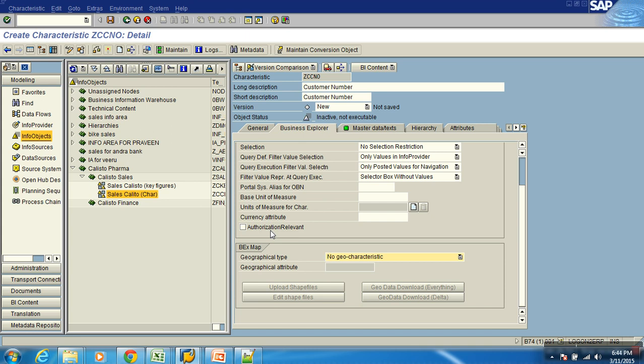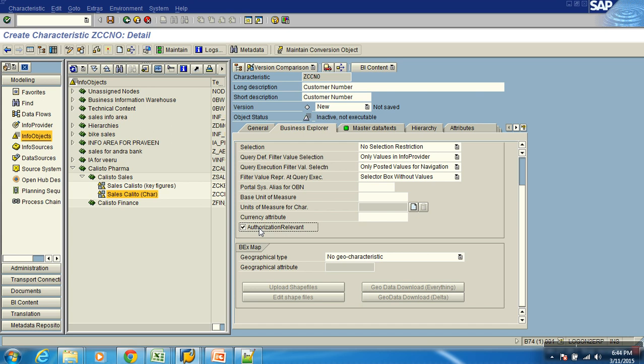For that we have a concept called authorizations, with variables of the authorization processing type. When you run the query, you'll have a prompt or variable which takes in the value automatically based on the authorizations of the user. So if you want the InfoObject to take in values from authorizations, you should enable it as authorization relevant. Then you can start providing security based on the values of this InfoObject. For plant, I'll enable this checkbox so that in the front end you can control row level security.